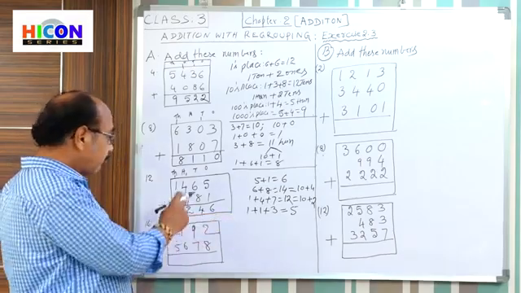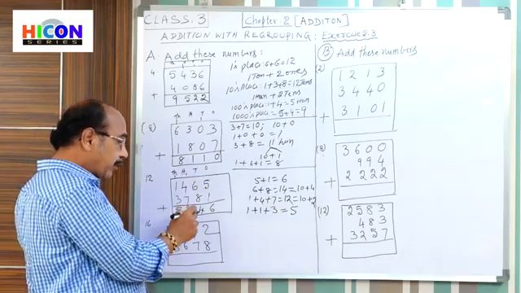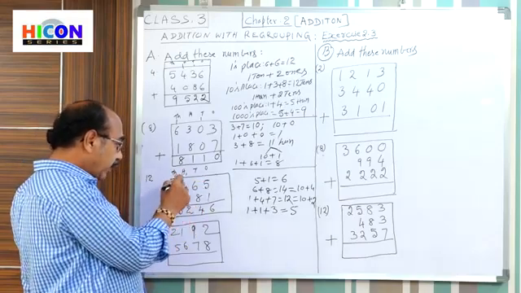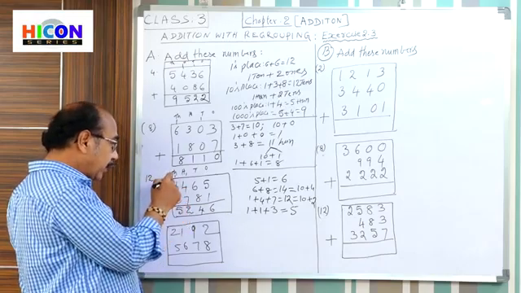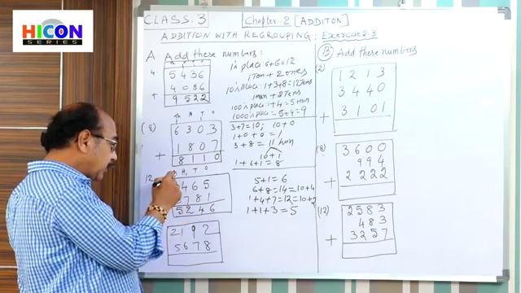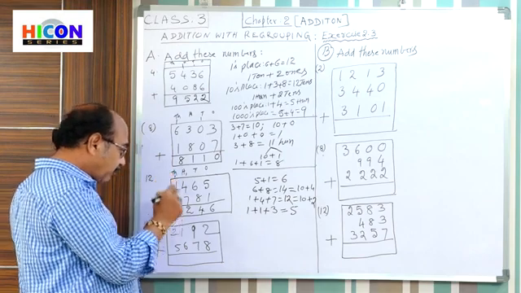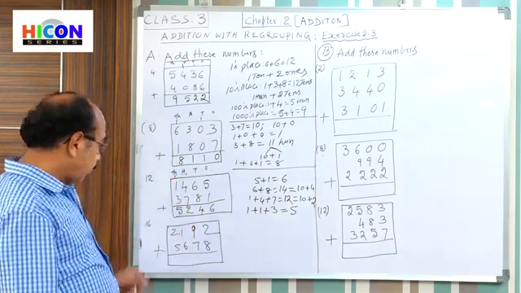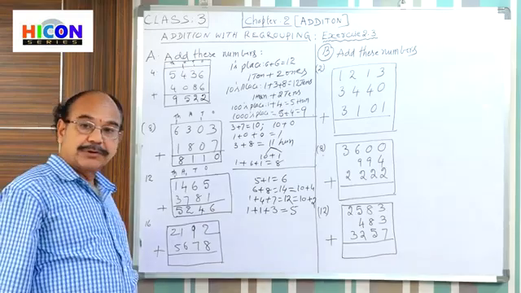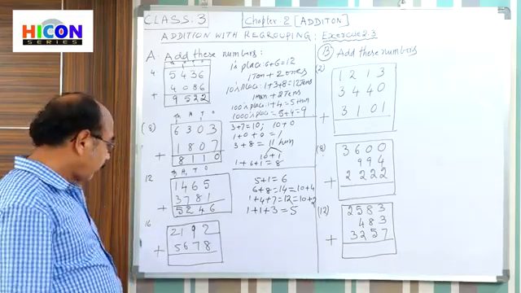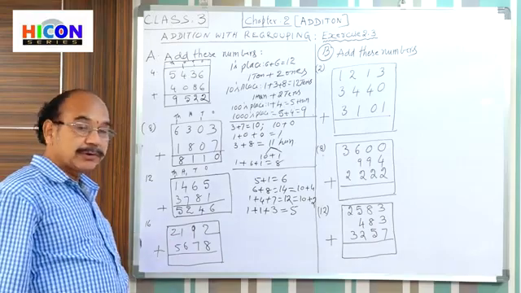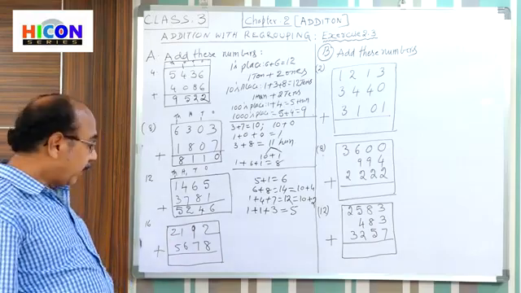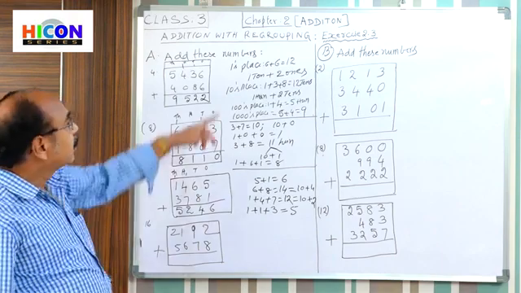Once again see, 5 plus 1 is 6, 8 plus 6 is 14, 4 here, 1 there, 4 plus 1 is 5, 5 plus 7 is 12, 2 right here, 1 is here, 1000 plus carried 1000, so 1 plus 1 plus 3, 5. Now come to this 16. Two 4 digit numbers. Add the two 4 digit numbers.